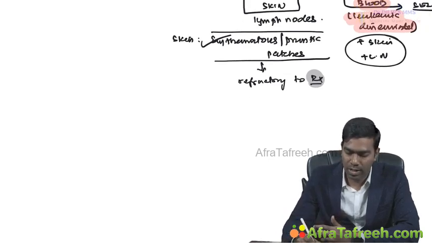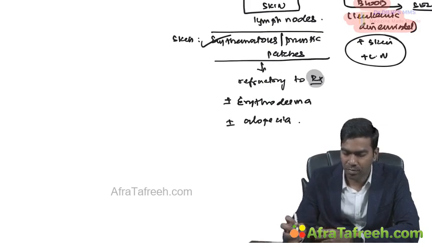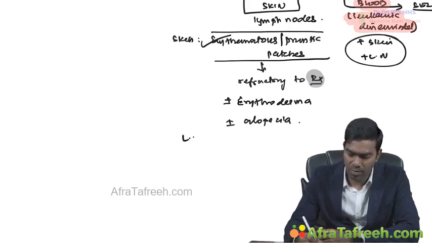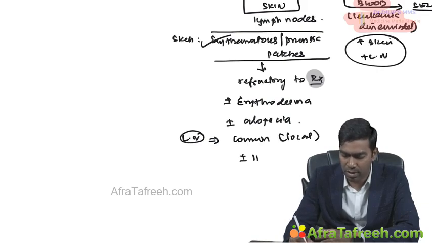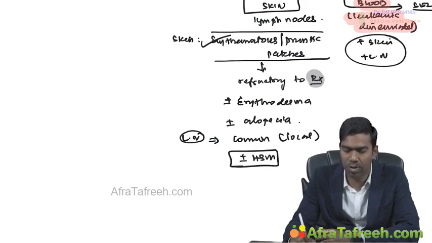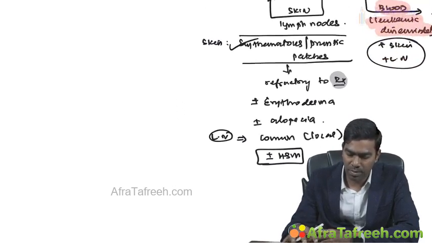Now, they can also have associated erythroderma and alopecia. Associated alopecia is also a possibility. Remember, I told you lymph node involvement is very common, typically local lymph node involvement, but they can have associated hepatosplenomegaly also. It's a very important point again. They might have an associated hepatosplenomegaly also. When you take a biopsy and see,